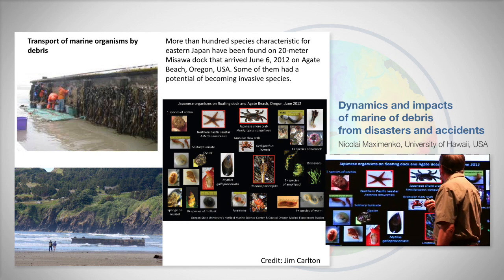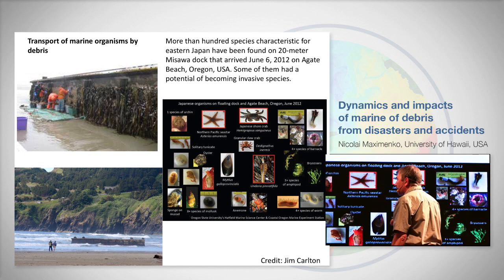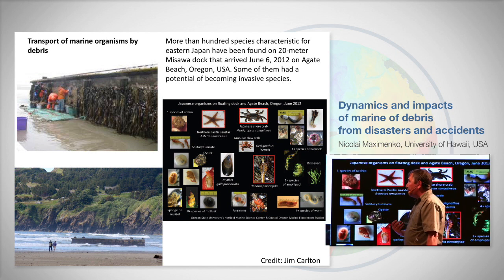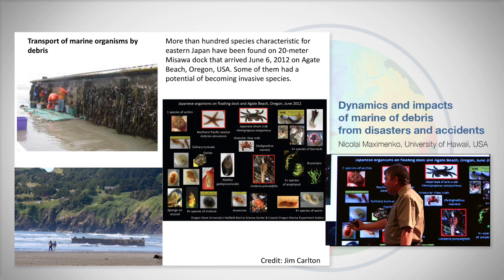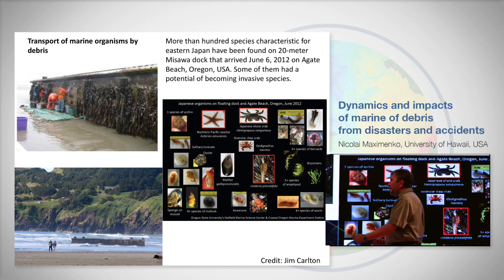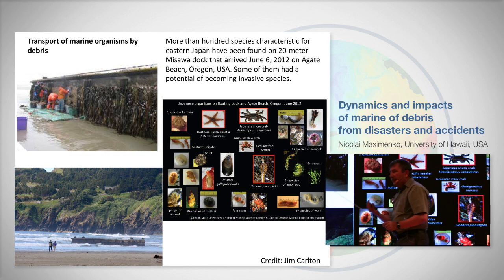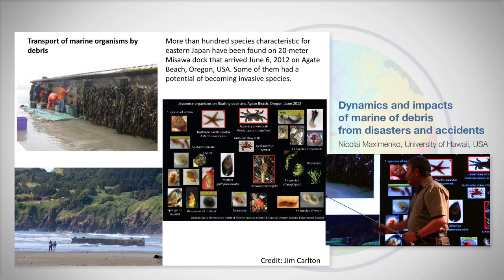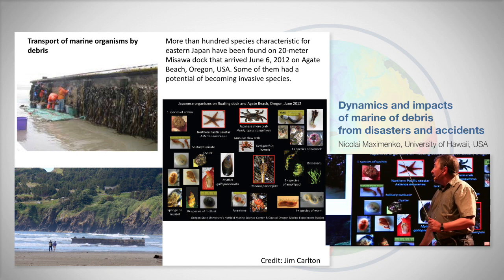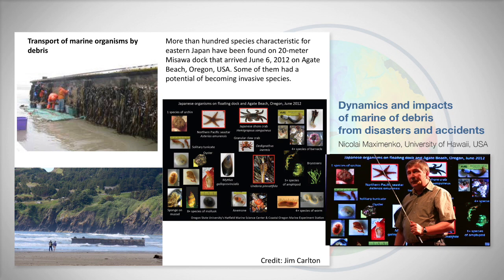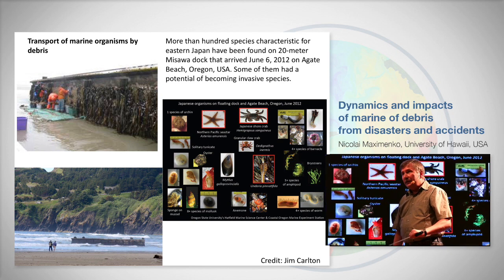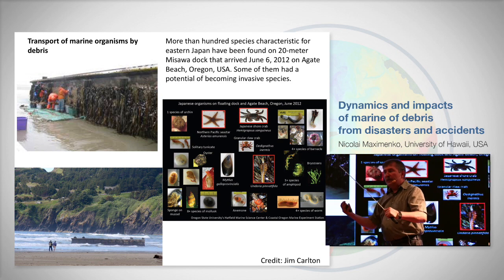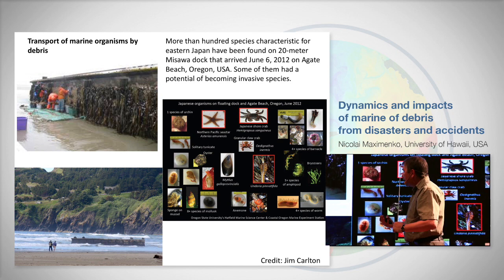In 2012, when one of four large docks washed away from north of eastern Japan arrived in Oregon, biologists got a unique opportunity to collect samples from this dock. This is a 20-meter-large dock. And what they found was more than 100 Japanese species that survived the travel. That was amazing, and that was the first discovery,